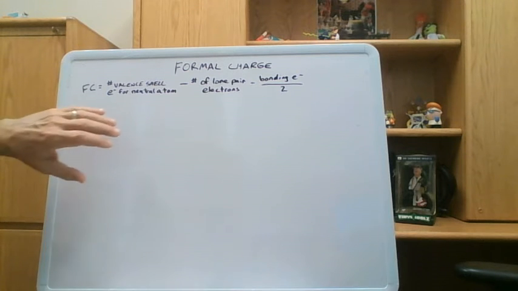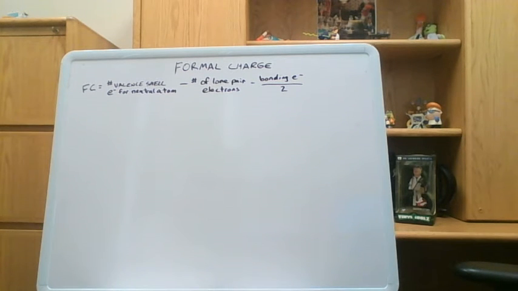To find the formal charge, we take the number of valence shell electrons that the neutral atom would normally have, subtract all the lone pair electrons that are around it in the Lewis structure, and then assume that half of the bonding electrons are associated with that atom, and subtract those. And let's look at